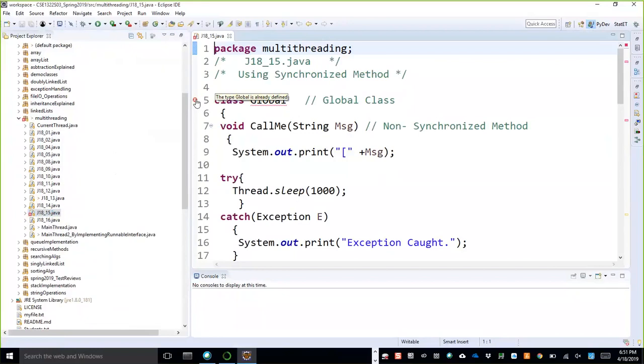What is this error? If you hover your mouse here, it says the type global is already defined. That means there is another class somewhere in this package or another package, because if it is public, it is available anywhere.